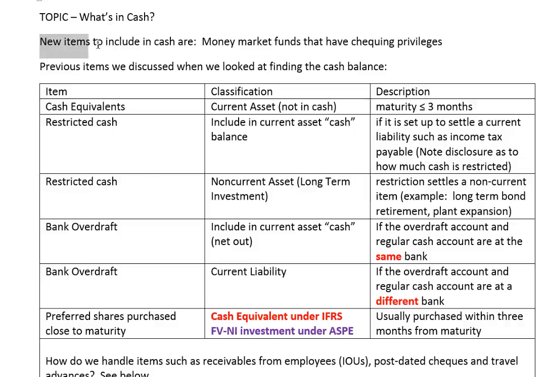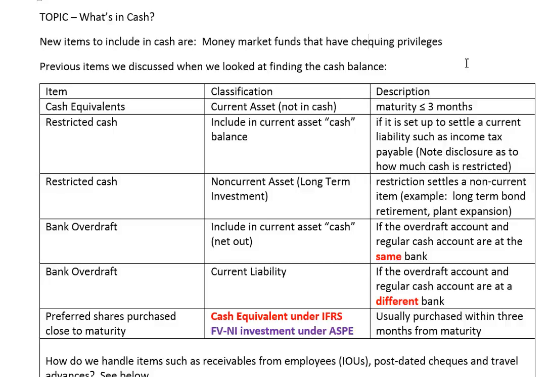So one of the things that comes up in this chapter that's new, that needs to be included in cash, are any money market funds that have checking privileges. So you might have gone out and bought some money market funds or know of people who have. These can be equity investments as well as fixed income investments, but the idea is it's a fund that has checking privileges, and whenever you can write a check on an account, it's going to be considered to be